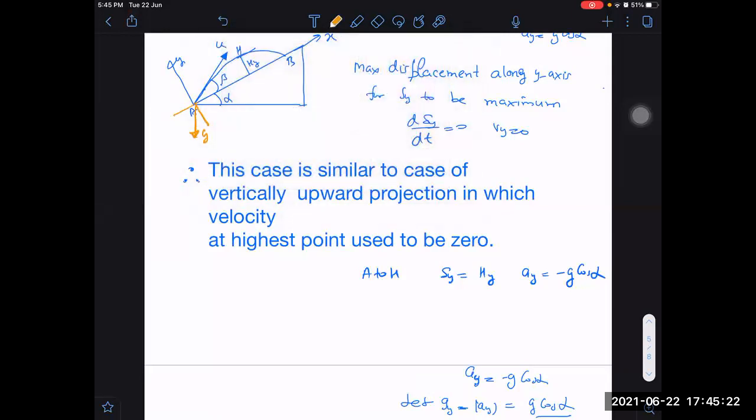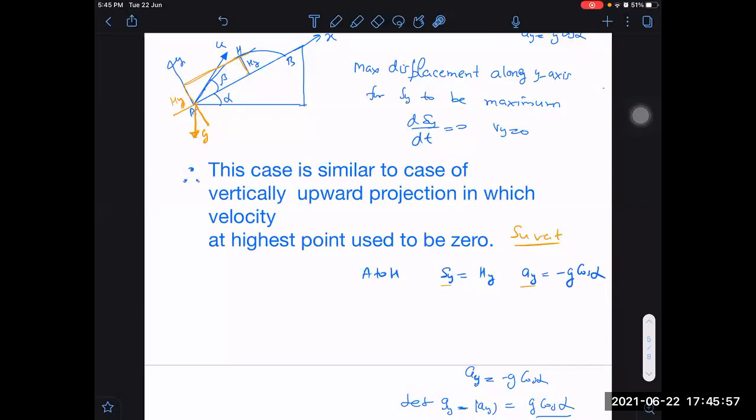Never forget what we are interested in knowing. Out of that, we know a, we know sy. Sy is Hy here. If it is going up to this H point, then it will be Hy, right or not? This will be equal to the displacement along Y axis. If you are thinking how to find that it is displacement along Y axis, just think about the coordinates. What will be the Y coordinate of this position here?